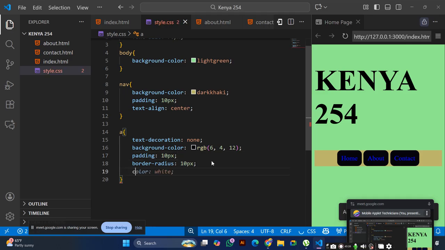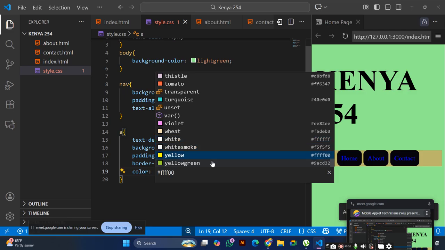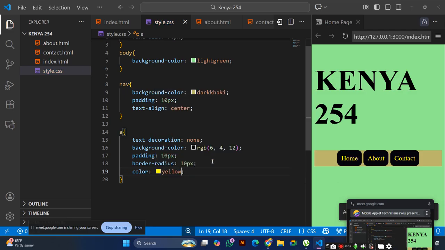Okay, you can give it some color that looks better. You pick any color of your choice. Done.